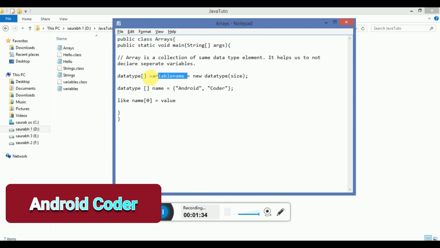It cannot be string, int, double in the same array. Let's suppose the data type name is equal to Android coder. So in this case we have two variables of the same data type, which is string.